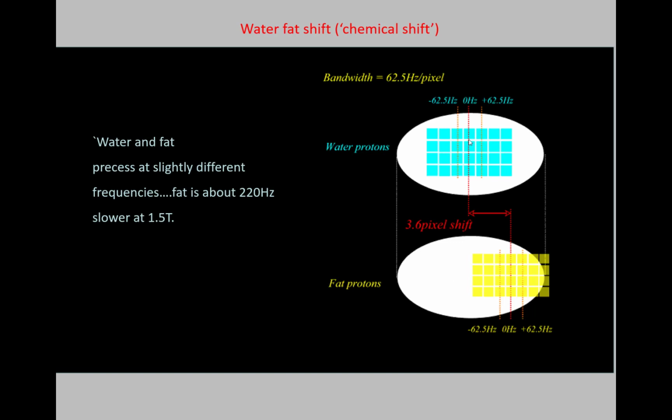So what's happening? Well, during readout, any given column in water and any given column in fat is going to be processing at a certain frequency, a certain Larmor frequency, given its location in the readout gradient. Okay. Now, because we've set up a bandwidth of 62.5 hertz, we know that as we move from column to column, the difference in Larmor frequency is going to be